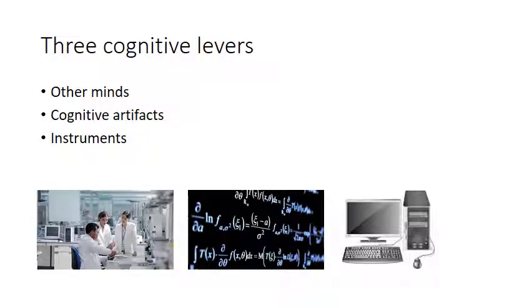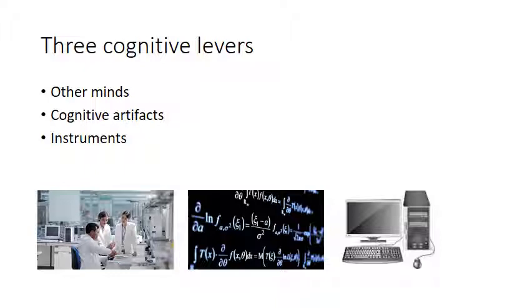And then finally, a third very important cognitive lever are instruments. Now, these instruments range from the development of writing, which obviously enables us to store much more information much easier and to not have the distorting effect of a fallible human memory. But also it really supports our reasoning processes. Think about writing down mathematical equations that help us solve these equations. So it supports our reasoning in a very real sense.